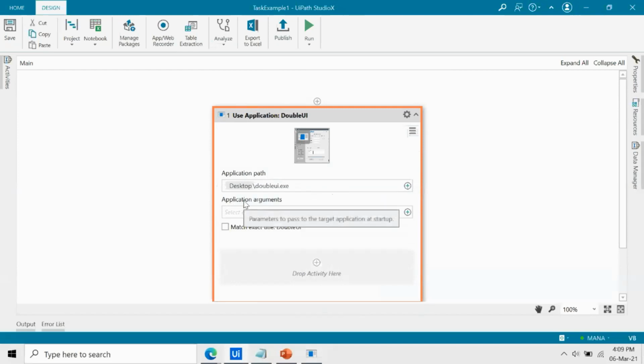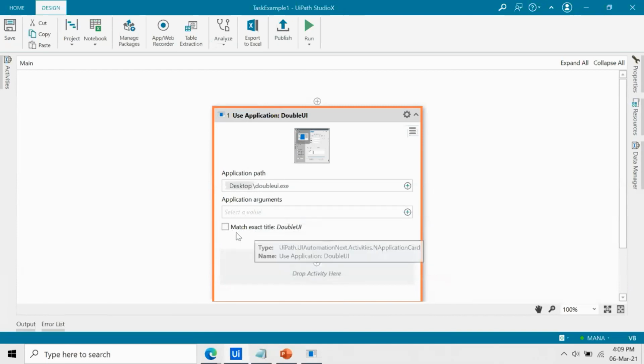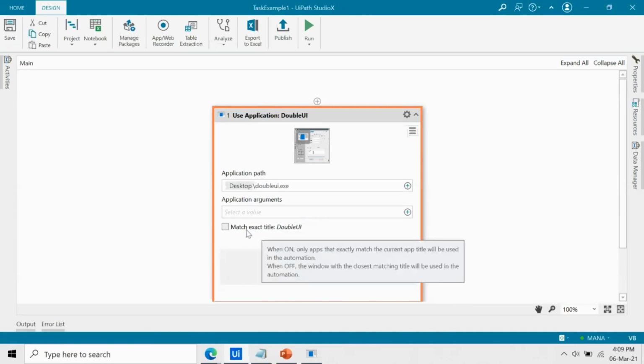In the application arguments, sometimes in a few startup applications, we do pass parameters. However, here it is not recommended because it already launches the application, and it is so intelligent that it also identifies whether the title is the same or not.